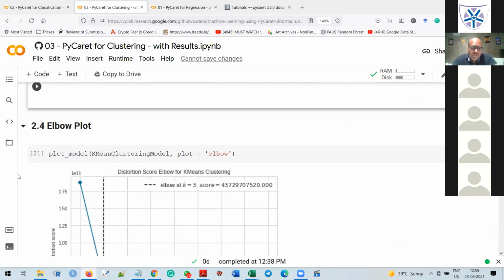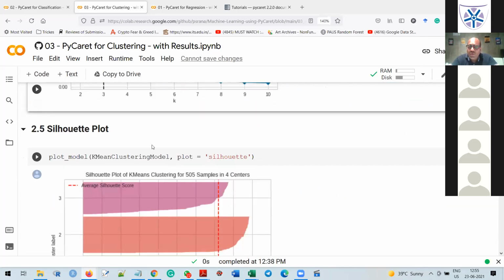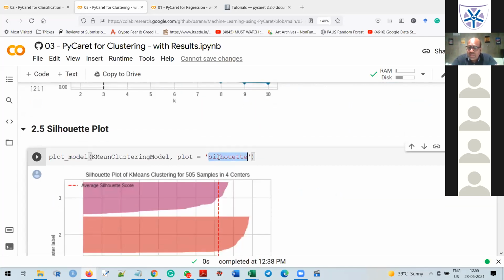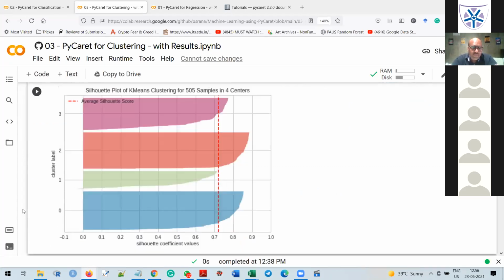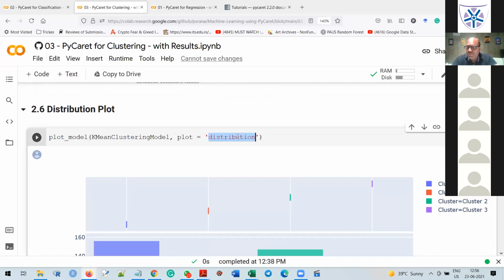Similarly, if you want the elbow plot, just pass elbow. If you want the Silhouette plot, just pass silhouette. And if you want a distribution plot, just pass distribution.